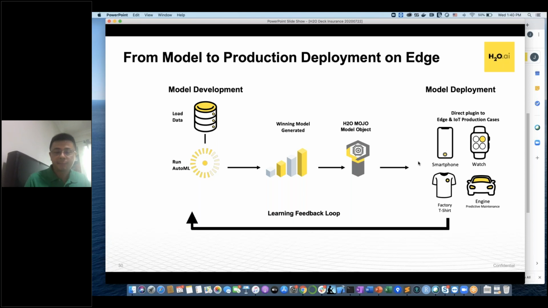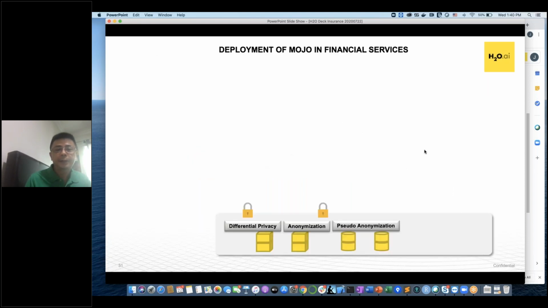Or your edge devices. Yeah. So this is one scenario of how you make use of a module. All right. So what you see under here, this is a very typical